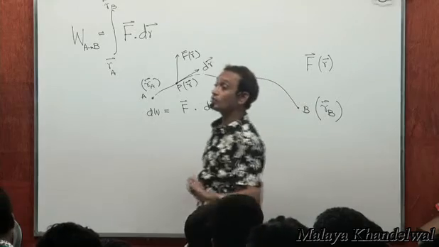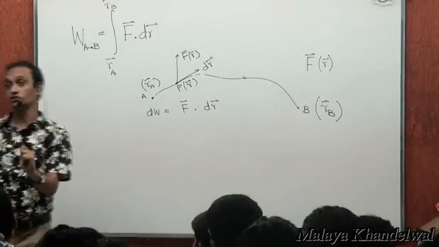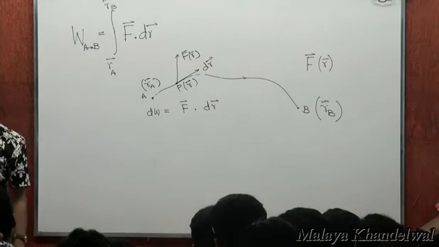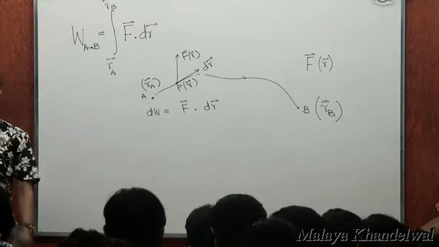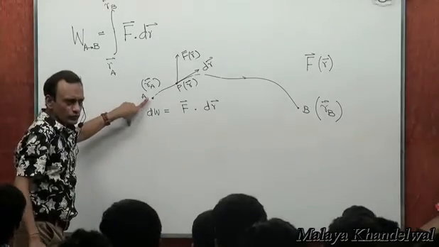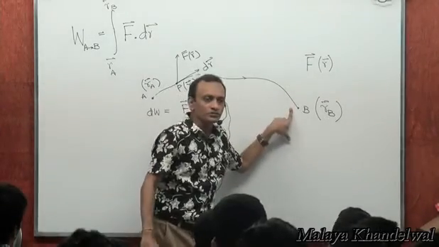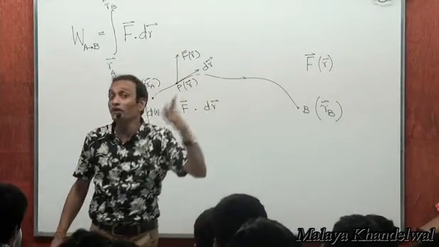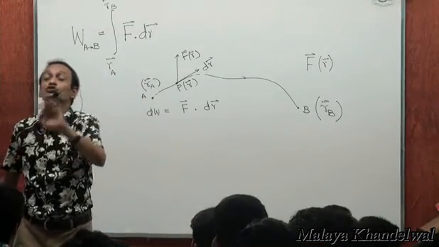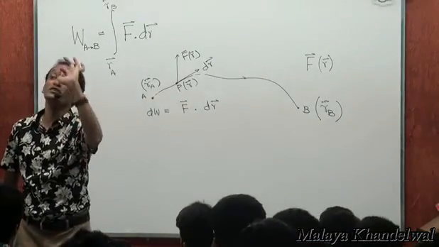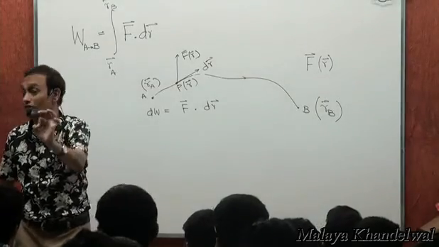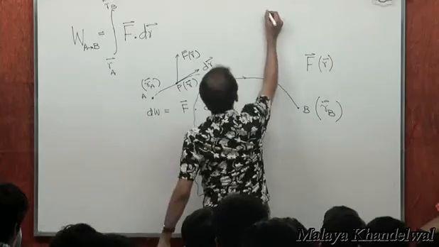But then there are some special force fields that nature has to offer. These force fields are such that if I know an initial point and a final point, then the work done by the forces of the field from the initial point to the final point does not depend on what the exact trajectory might have been, does not depend on the path actually taken. So there are certain special force fields